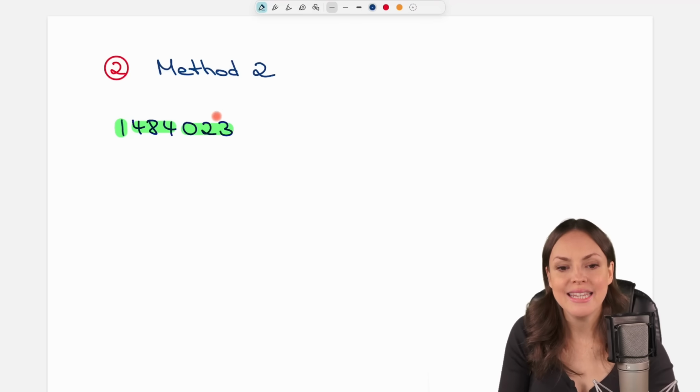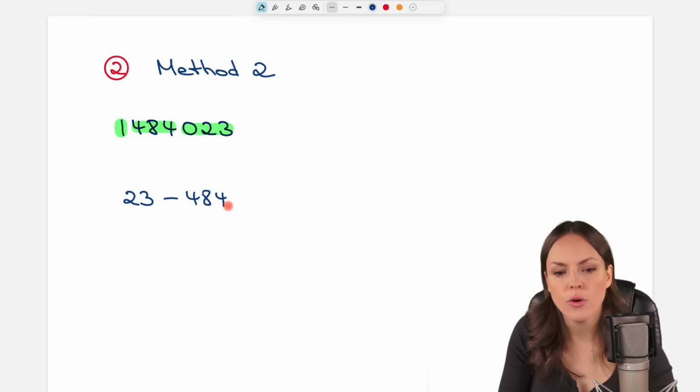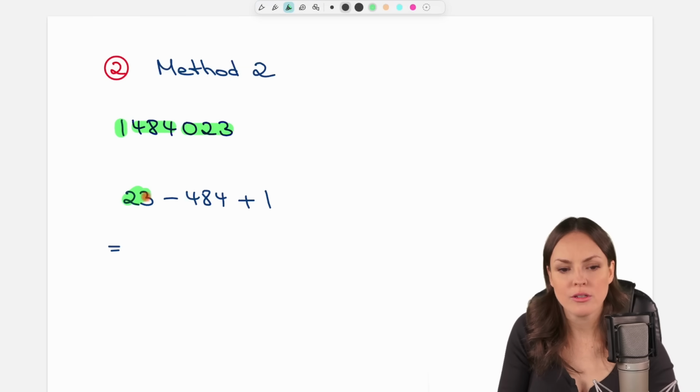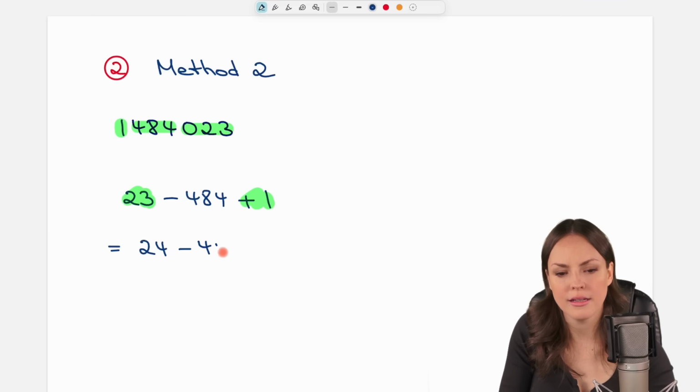We start at the end with the 23 and always subtract the next group first. So minus 484. Then we add the next group, the 1. Let's calculate this. Maybe we start with a 23 plus 1 first, which is 24, and then we subtract this large number, which means that we get a negative result of negative